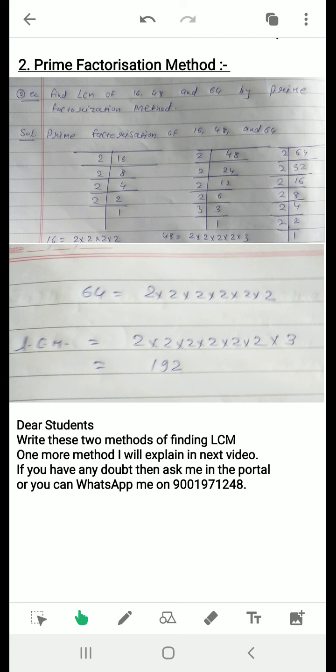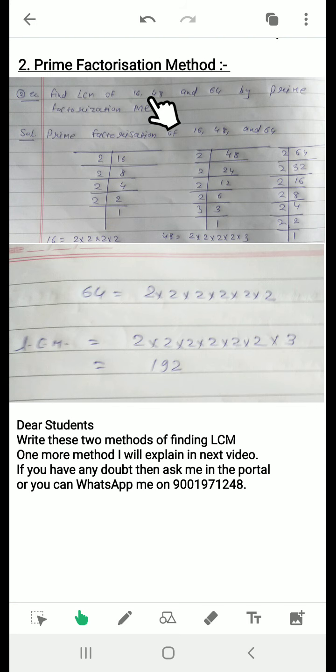I am going to explain only one because you know how to find prime factorization. If you are better in the factor tree, then use the factor tree method. If you are better in the continuous division, then do the continuous division. But from my point of view, the continuous division method is better. So I will explain the continuous division method of prime factorization and then how to find LCM using the prime factorization method. Okay, so let's see the question.